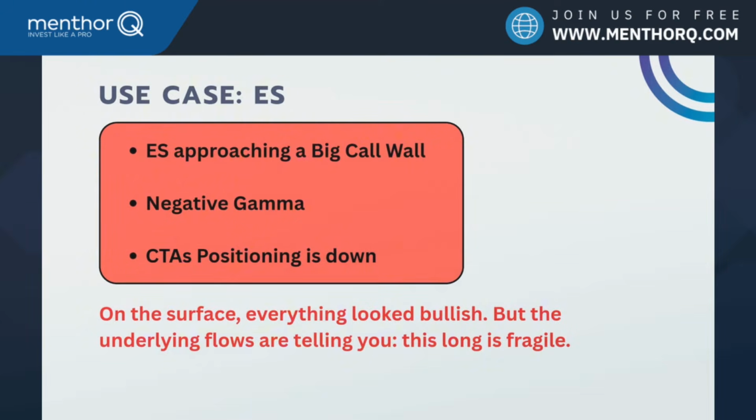Third, we also have advanced models like our CTA positioning, right? So CTAs, we're going to talk about it later when I show you the dashboard. They are systematic funds that provide or remove liquidity because they actually trade by following technical signals. So they go long or short futures, and that means that if they are decreasing their positioning, then maybe there's not enough support for an upside move, even though your chart says it should be a breakout. So on the surface, everything looks bullish from your strategy, but the underlying flows are telling you that the long trade can be fragile, so it can be risky.